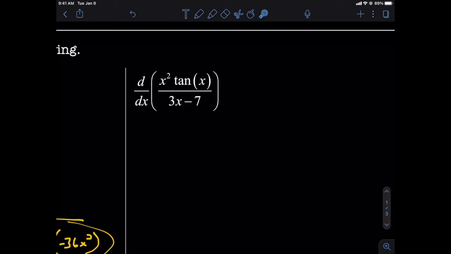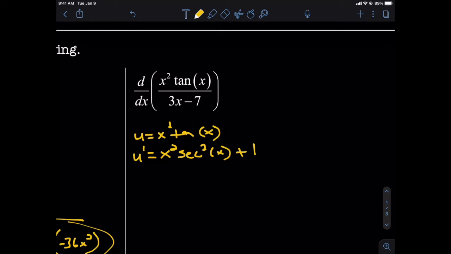Hopefully you can also spot the product rule in the top here, x squared times tan. Defining our u's and v's for the quotient rule, we're going to see that our u is the one that's going to be subject to our other rule here. To find u prime, we need to implement, again, the product rule. It's x squared times the derivative of tan, so x squared times secant squared, and that's going to be plus tan times the derivative of x squared, also known as tan times